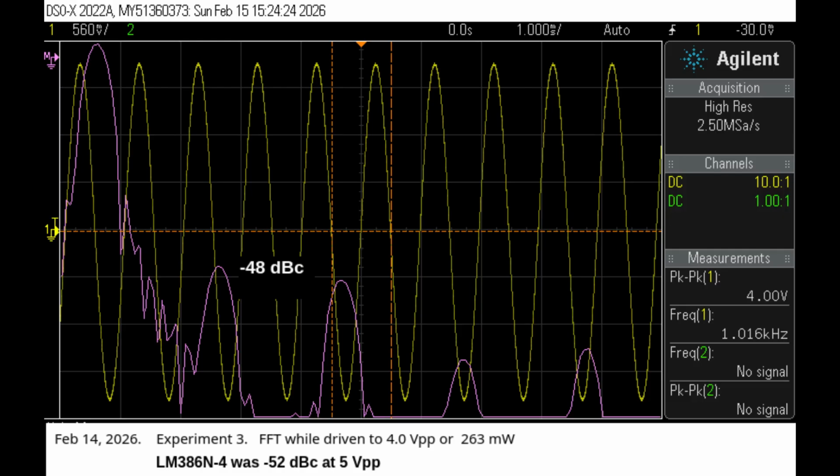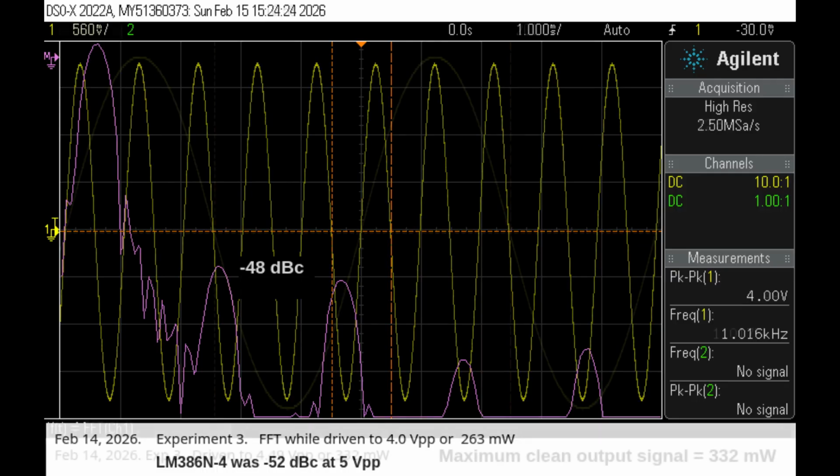Here lies the FFT of my discrete transistor 386 driven to 4 volts peak to peak, or 263 milliwatts. Sadly, above 4 volts peak to peak, the harmonic distortion starts to really take off. When driven to 5 volts peak to peak, I'm unable to make a reasonably clean signal. In short, my discrete transistor 386 sucks lemons compared to a real deal